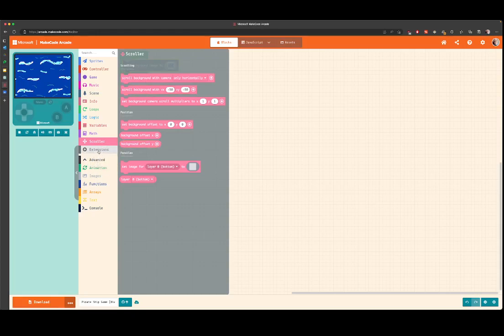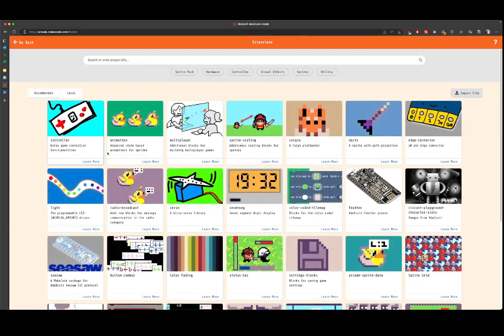Okay, inside the extensions, you click it and you'll get this. And this is where we can go and add lots of things that people make to make your games even better. And what we want to do is we want to go and type in scroll. Okay, so let's see if I can just zoom in a little bit. I'm going to type in